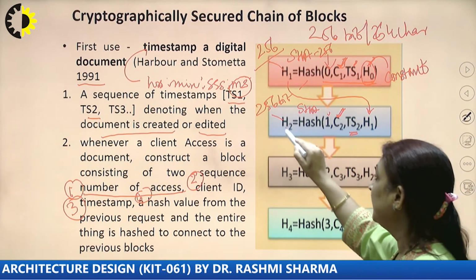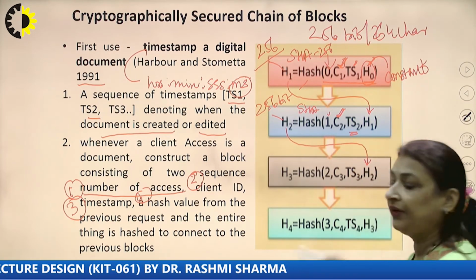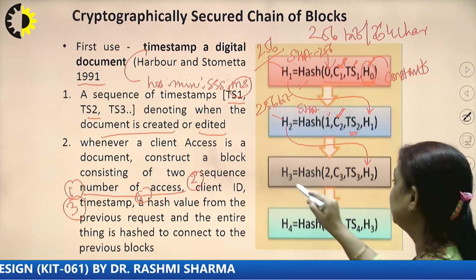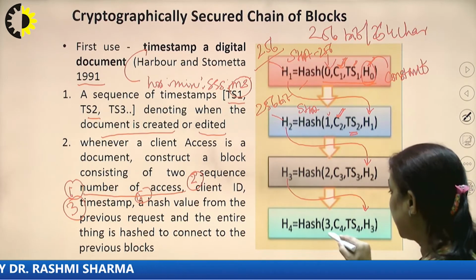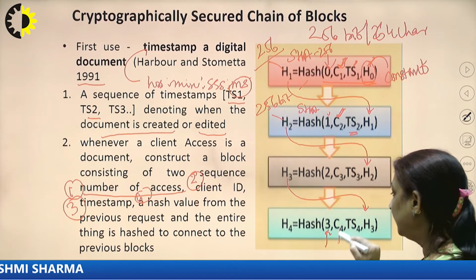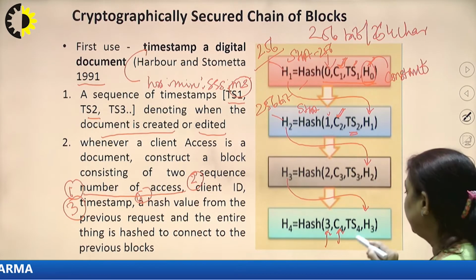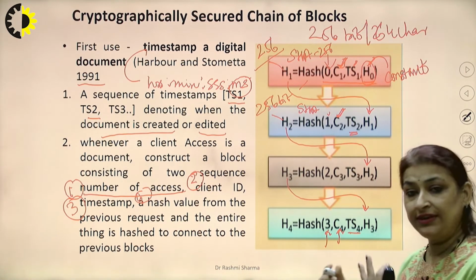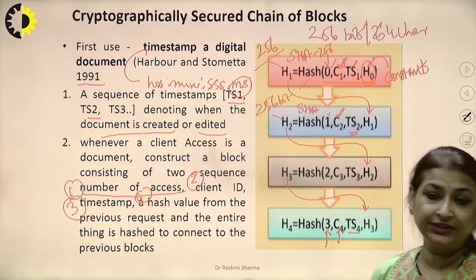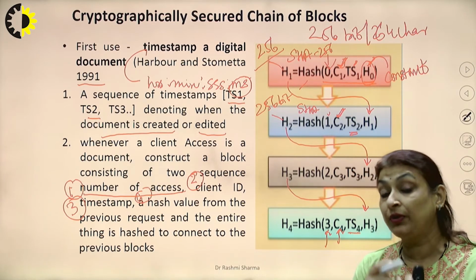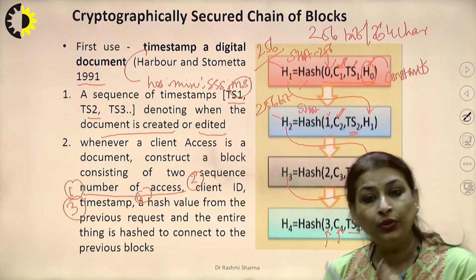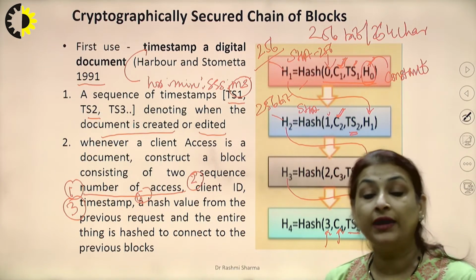Here similarly, this H2 is being used to generate H3, the new hash, and this H3 is being used to generate a new hash which has an access number of 3. The client is C4. The timestamp is TS4. Obviously, whenever we are doing this transaction, the timestamps vary, and they should surely vary, because in cryptography we only use this timestamp as a unique